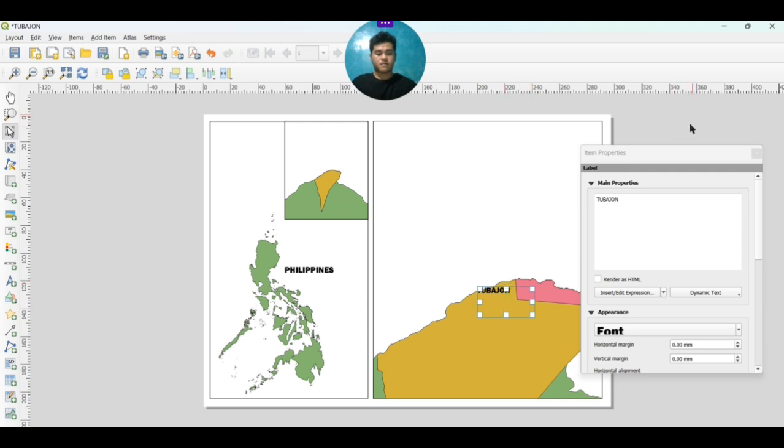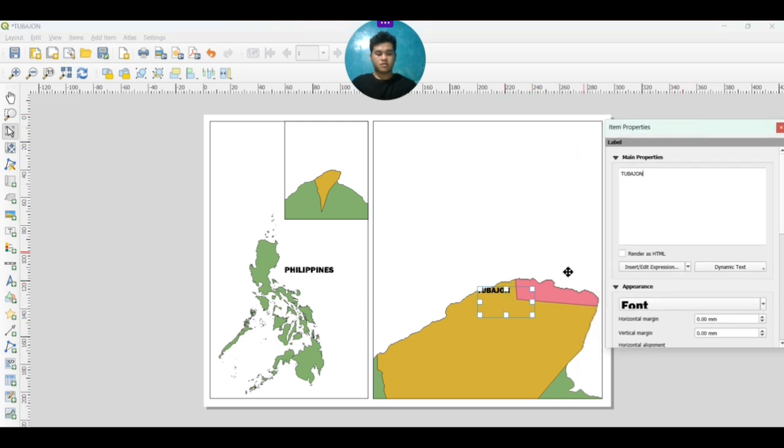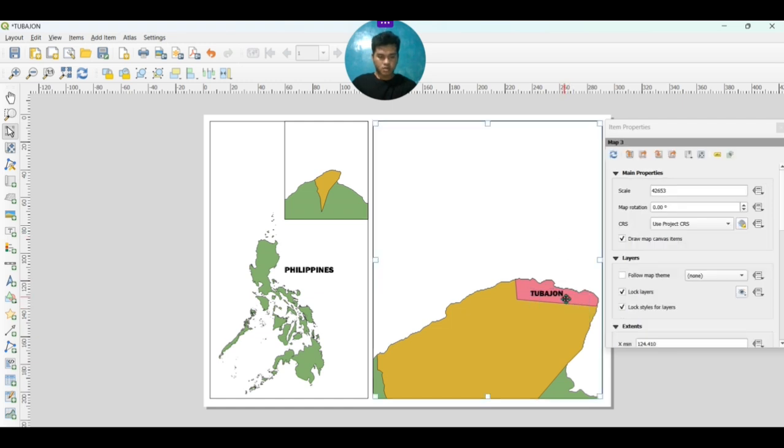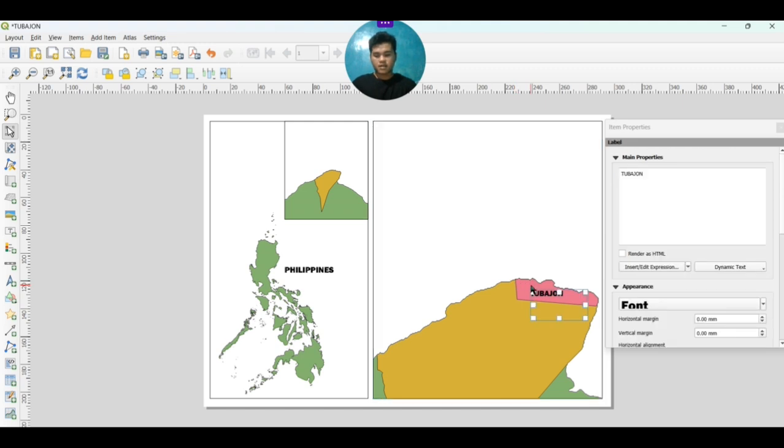We want to place it specifically here in Barangay Tubahon. Adjust as you want. For me, I'm satisfied with this. Then I click it and press Control C to copy.